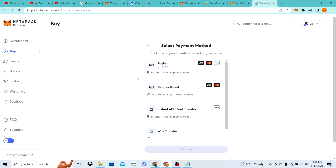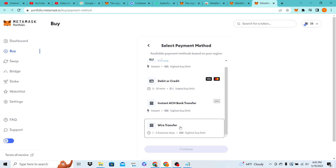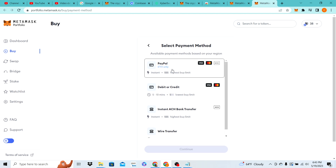Now look at this. You can buy with your debit card, your credit card, ACH bank transfer, wire transfer, and PayPal. But PayPal,